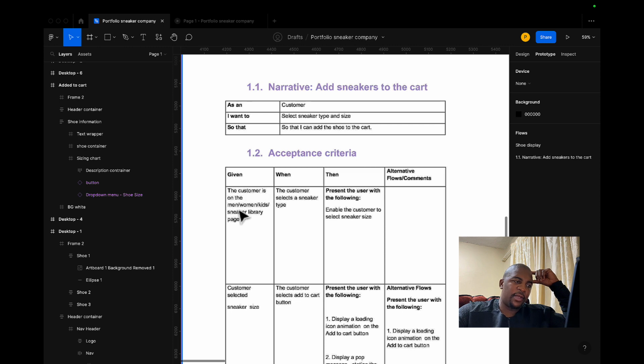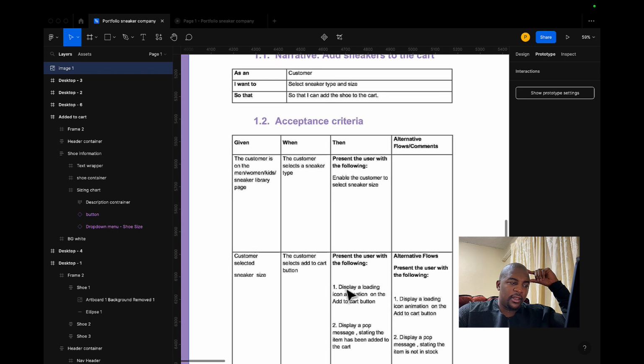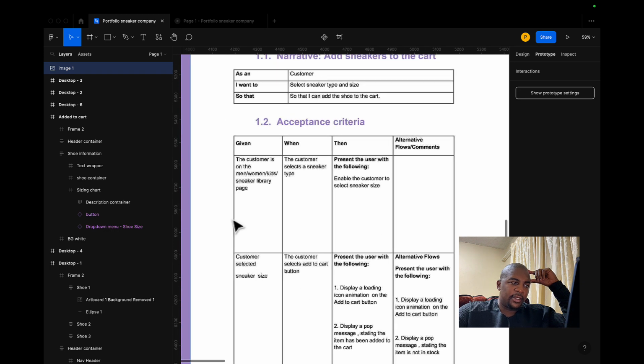Given the customer is on the men's or women's or kids' sneaker library page, when the customer selects a sneaker type, then present the user with the following: enable the customer to select sneaker size. Then given the customer selected sneaker size, when the customer selects the add to cart button,